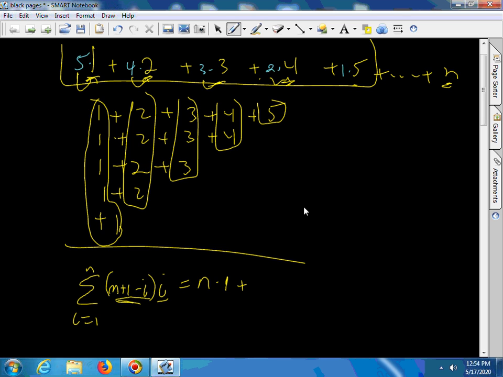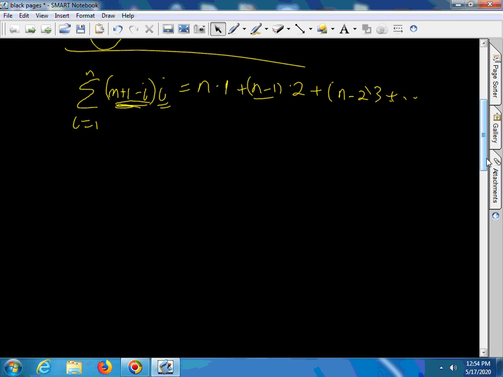So when i is 2, you'll get n minus 1 times 2, and then i gets 1 more, so you're going to take away 1 more. So instead of taking away 1, you take away 2. And that's going to go up 1, etc. Okay, so we have the right summation,